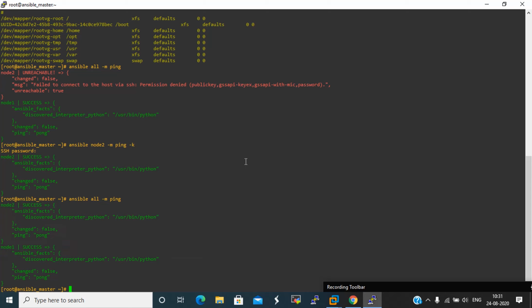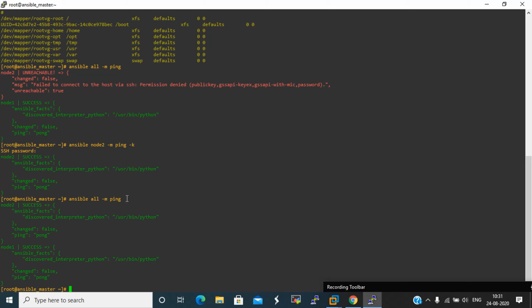Also, in actual production environments, root access is disabled for security reasons. To come up with that issue, we need to create one user for Ansible purposes only, which uses sudo access.